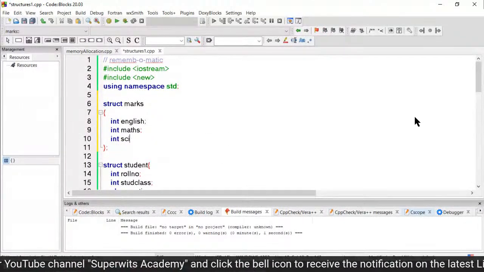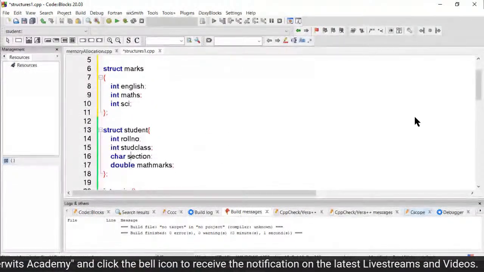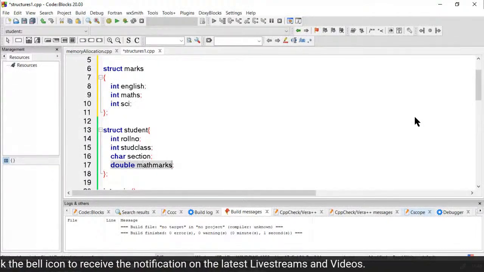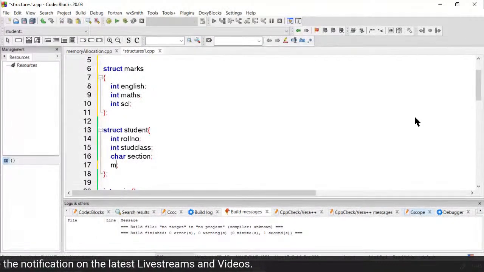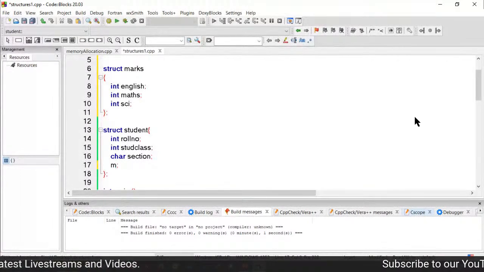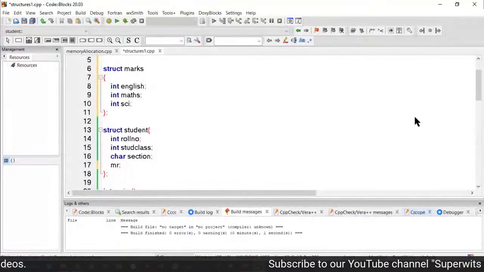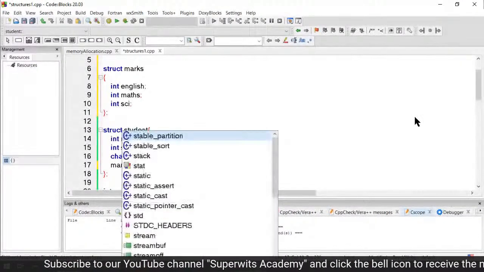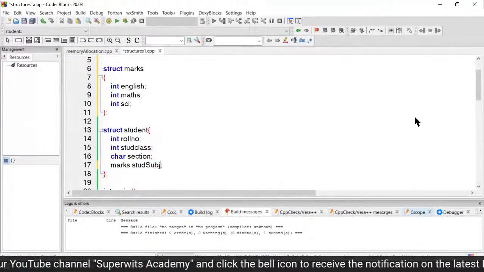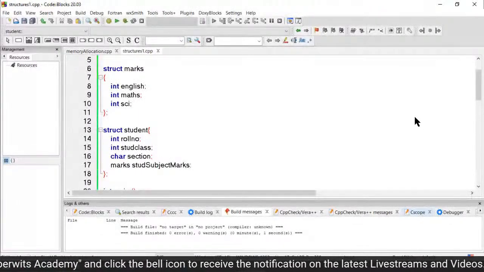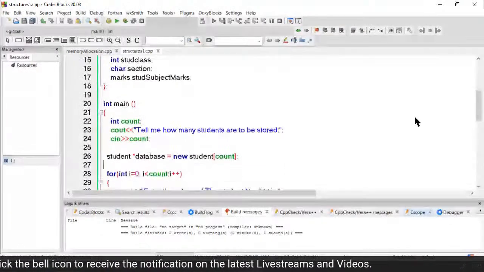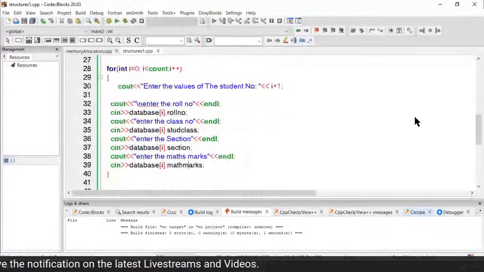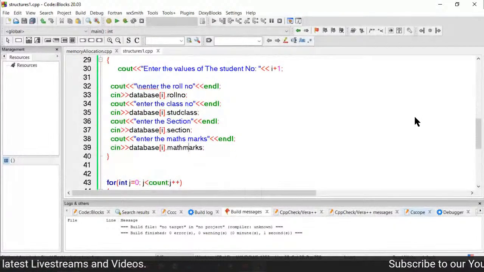Simply I write science. So instead of marks, I'm going to use this particular structure which I have defined above, marks, and then student subject marks, right? So in this way I can do that particular stuff. So if we check here, what changes do I need to make is